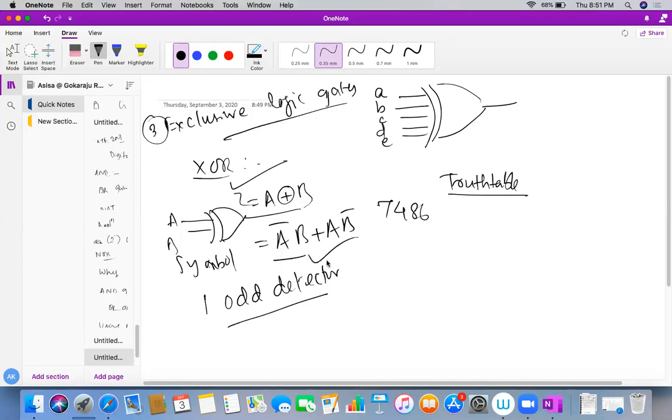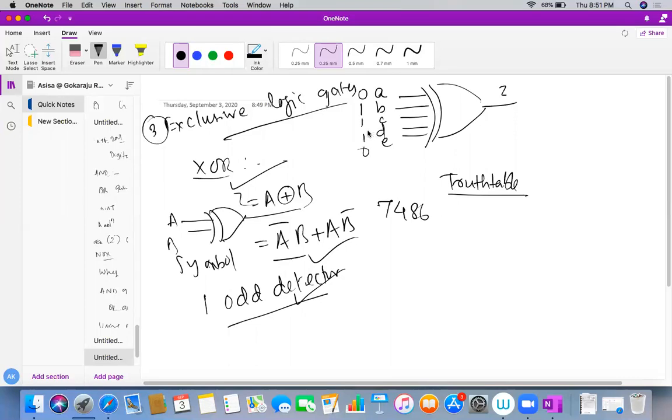Now what is a one odd detector? XOR is a one odd detector. How? Let's say my inputs to this XOR are 0, 1, 1, 1, 0. Then what is my output? The output is enabled if the number of ones at the input is odd. That's why it's called a one odd detector. It will be useful in error correcting and decoding.